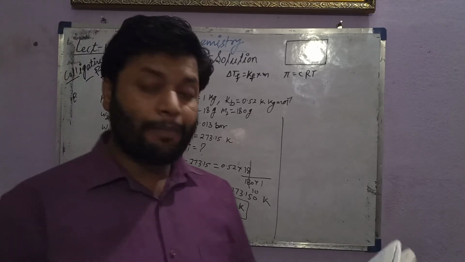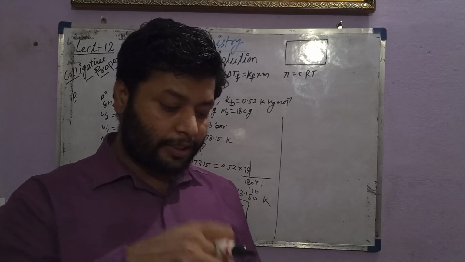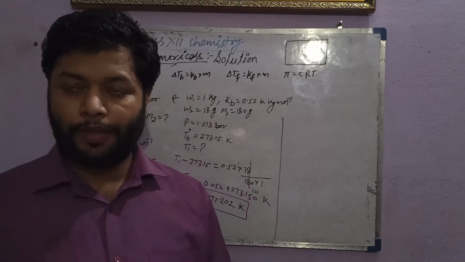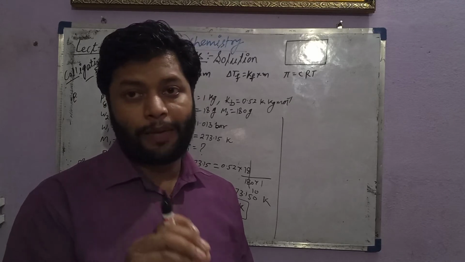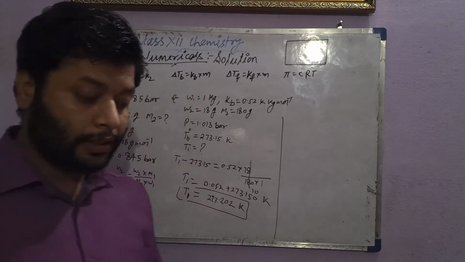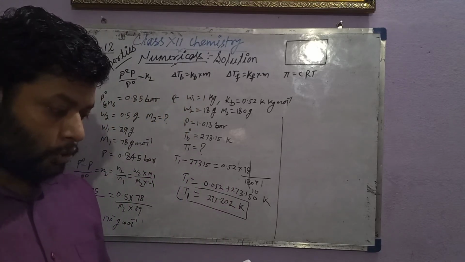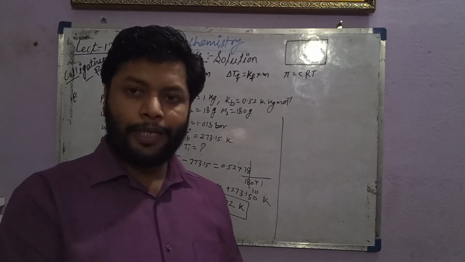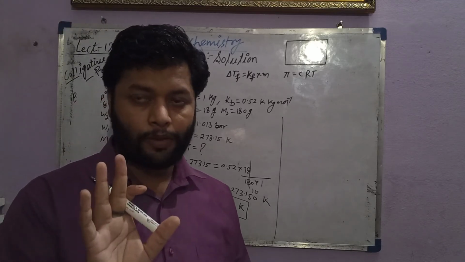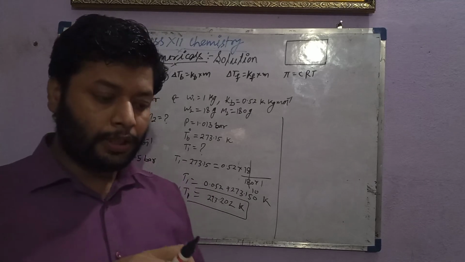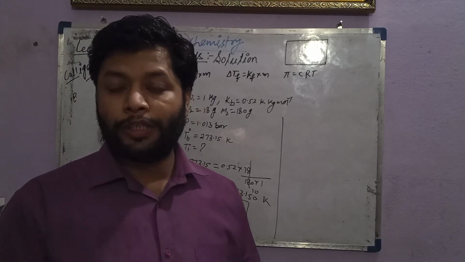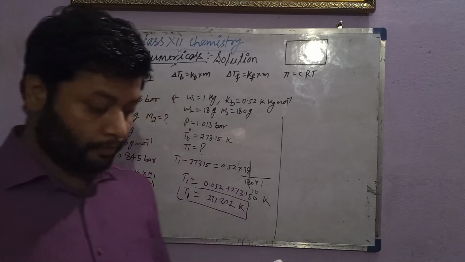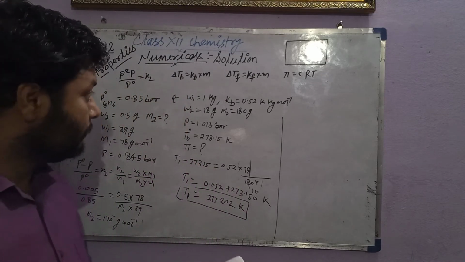Example 2.9, example 2.10. So I am just attempting any one of the questions based on the depression of freezing point. I am attempting question 2.10, because 2.9 you will attempt yourself. Just try to attempt question 2.9 based on depression of freezing point. 2.10 I am going to attempt, and the question is